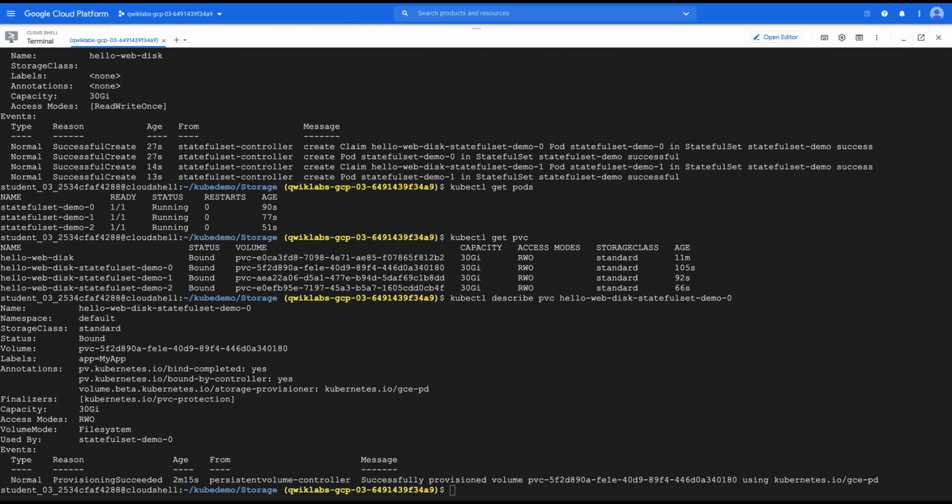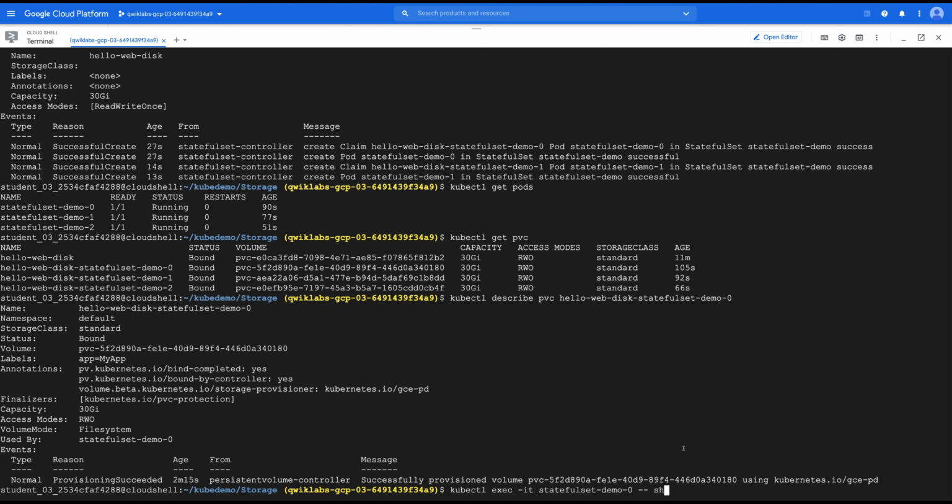Now, as we did earlier, we will again log in to the pod and create another index file there, and see if it is getting persisted properly or not. So let's do the kubectl exec command on stateful set demo 0, one of the pods which is running here.